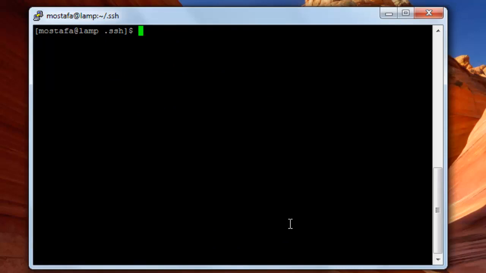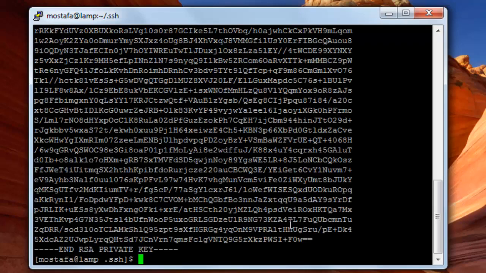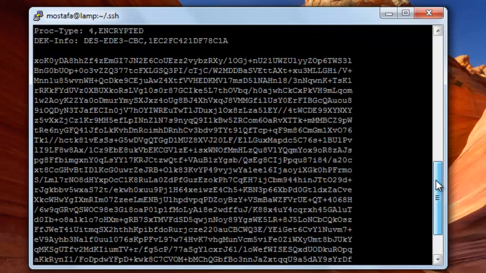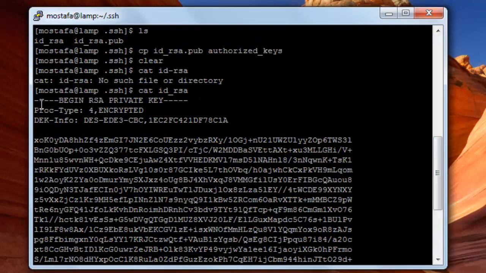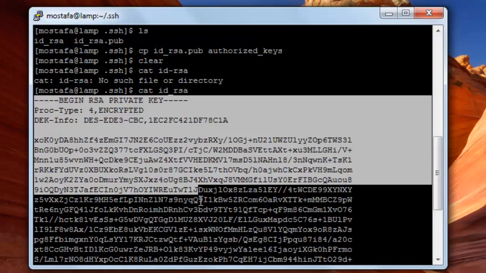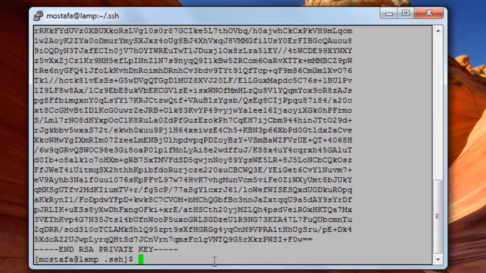Now I will display the private key, cat id_rsa. Press enter. And here is the private key. I will copy it from this line here, from BEGIN RSA PRIVATE KEY all the way down,